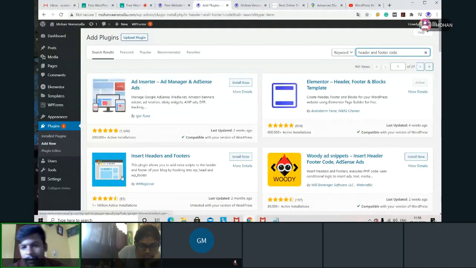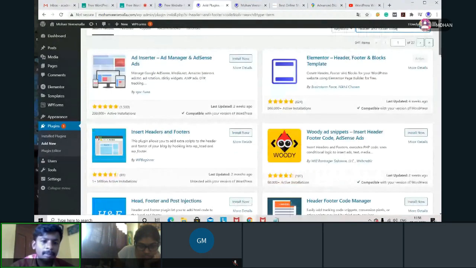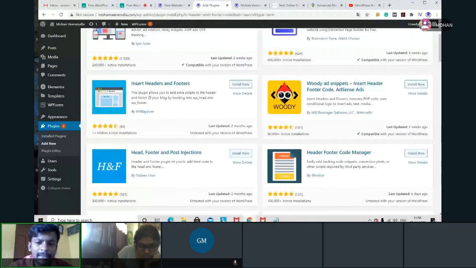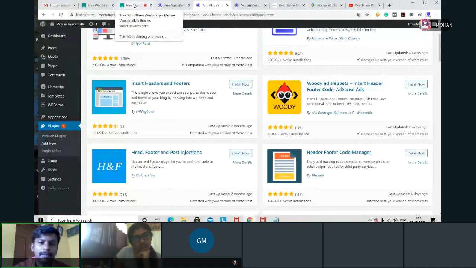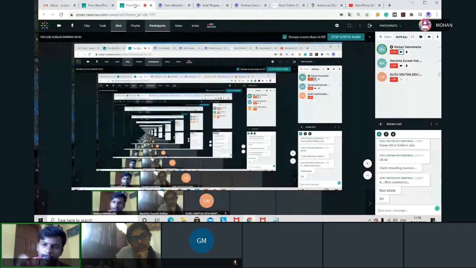Now this is also untested for my WordPress thing, but this will be tested for maximum themes. So try to take this or this. Anything will be good. Now what will happen if you take this? Whenever any tool says to copy this code and paste it in the header, simply you can take that code, go to that plugin, and paste it there. Automatically that code will be added into your website. Okay, that is HFCM, Header Footer Code Manager.